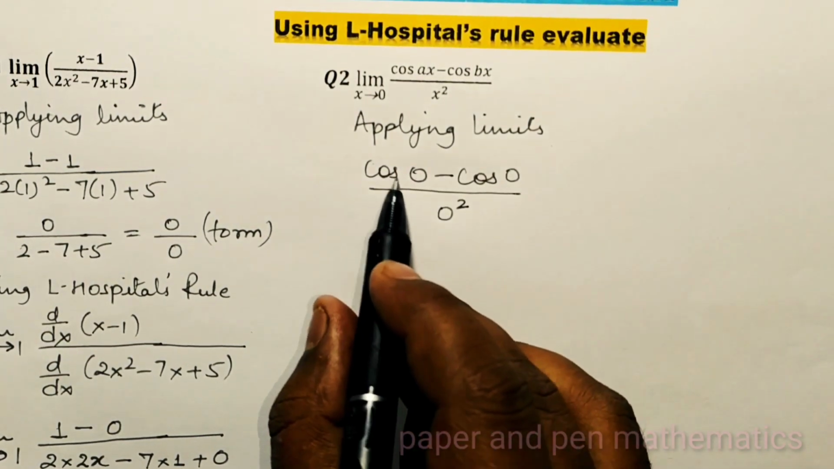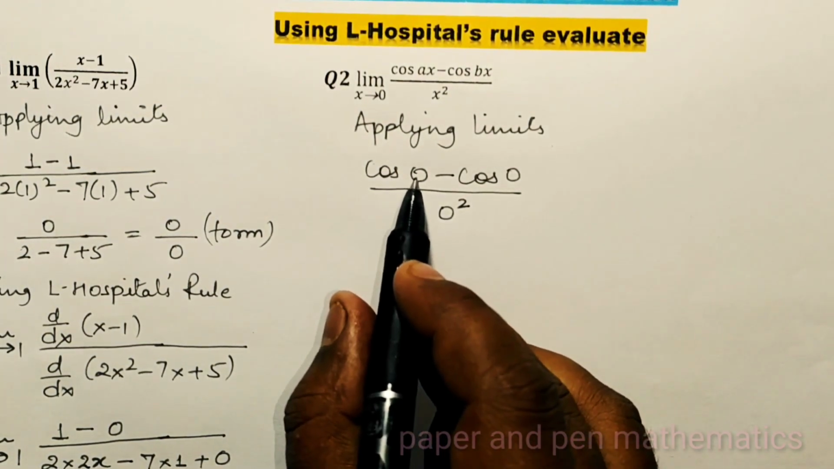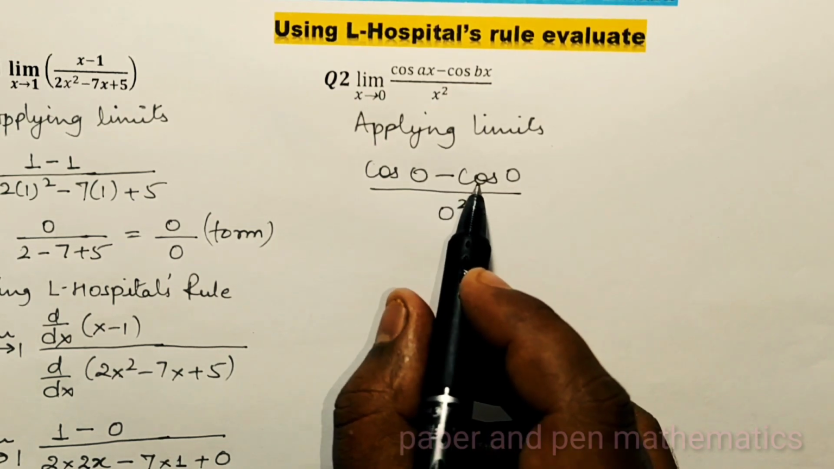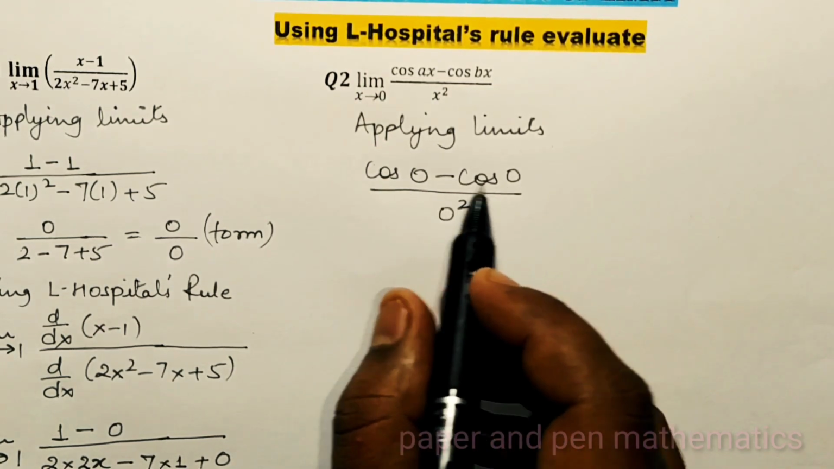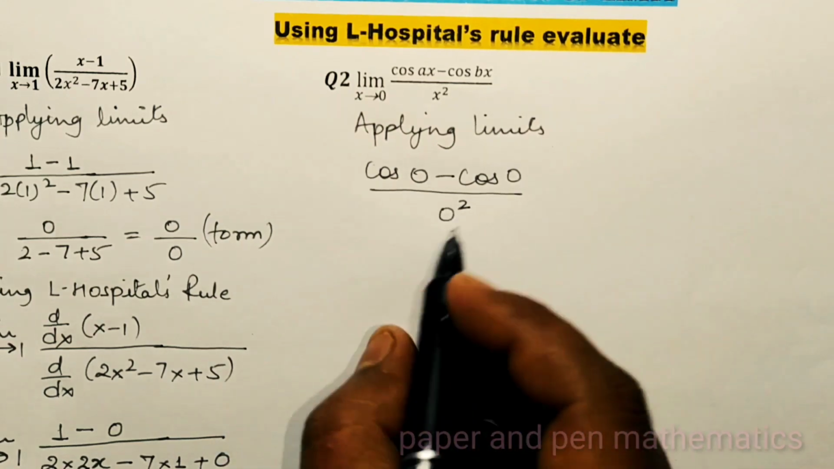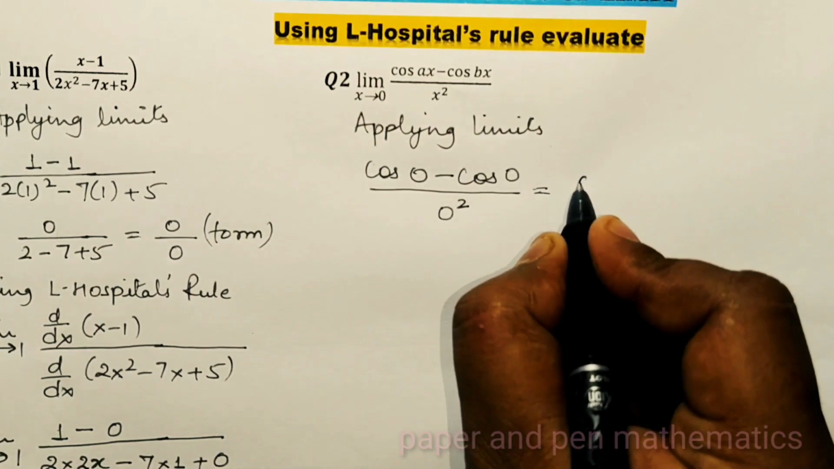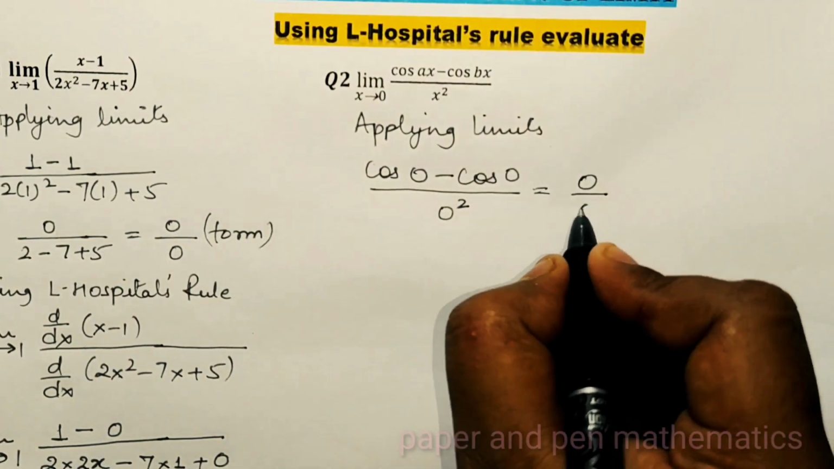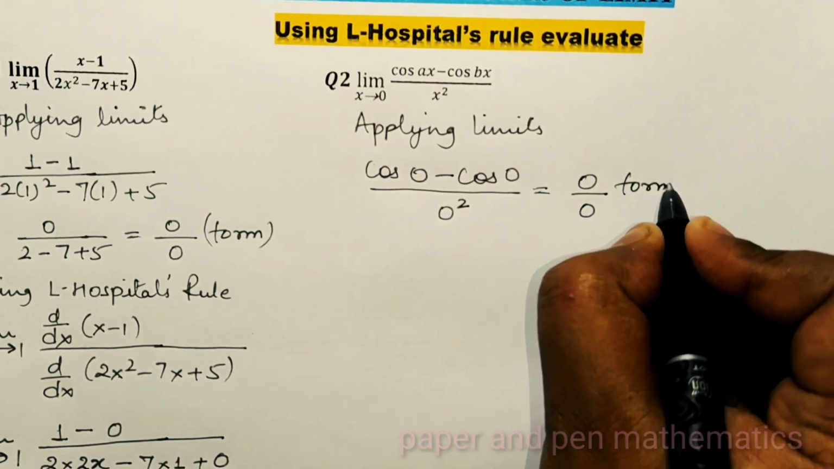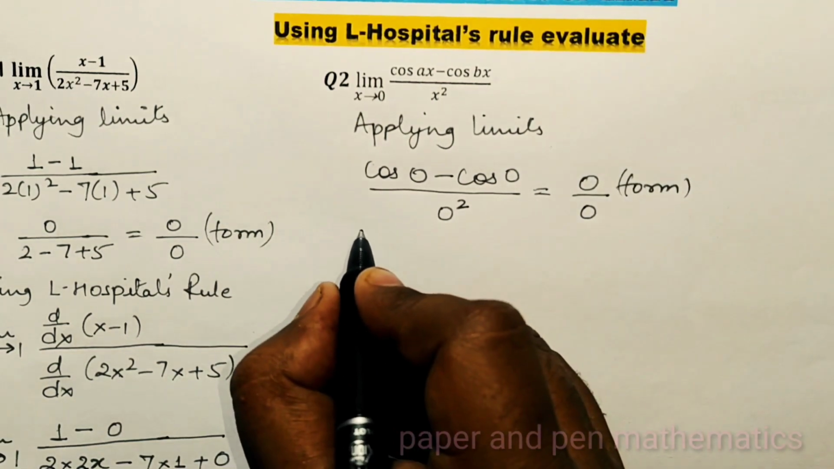Now we know very well that the value of cos 0 degree is what? 1, minus cos 0 degree is 1. 1 minus 1 is 0, or else cos 0 minus cos 0 is also 0, divided by square of 0 is 0. So again we are getting an indeterminate form. So we have to apply